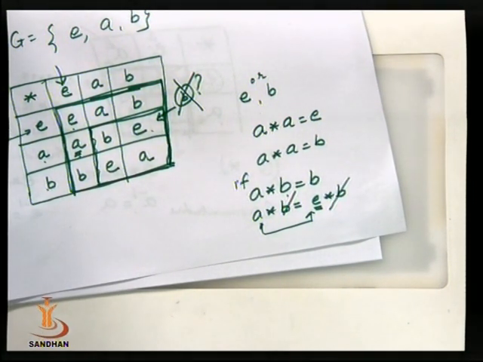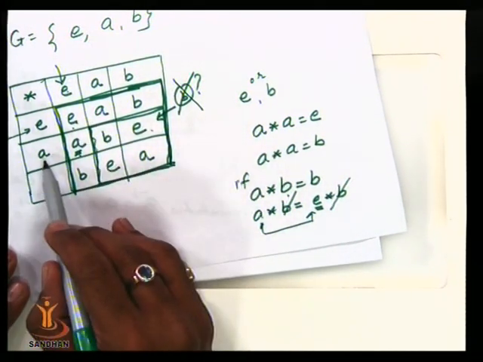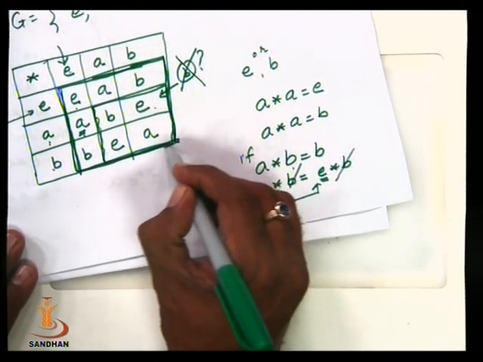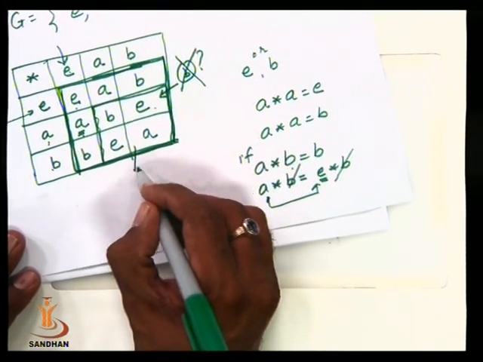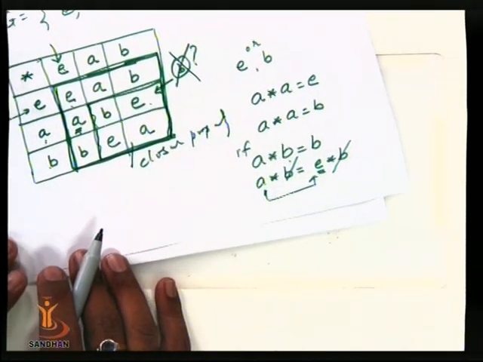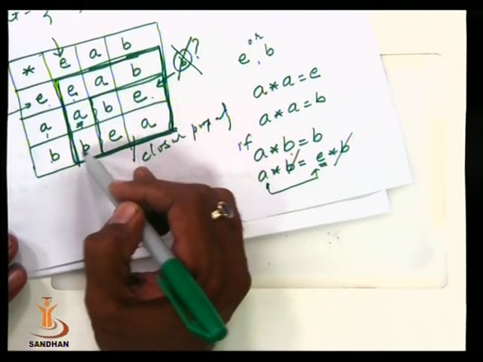So if a set is a group under the binary operation star and contains 3 elements, then to form the group table for that group we have only one possibility, no other possibility exists. In this case E is always the identity element, and the inverse of A will be B and the inverse of B will be A. Because this operational part contains all the elements of G, that means this satisfies the closure property. It also satisfies associativity. Third, let us find wherever E is. So E gives all the elements back.